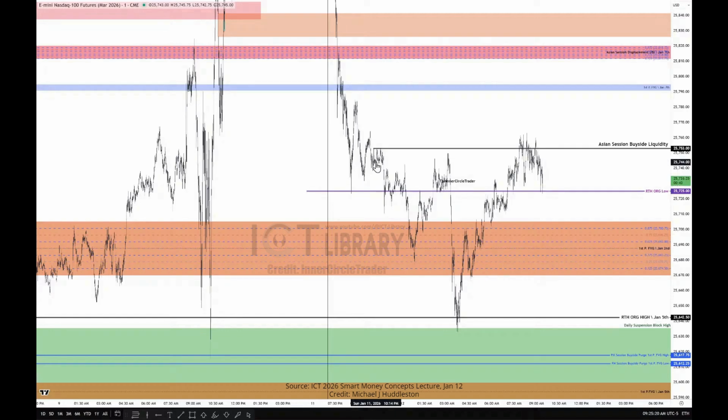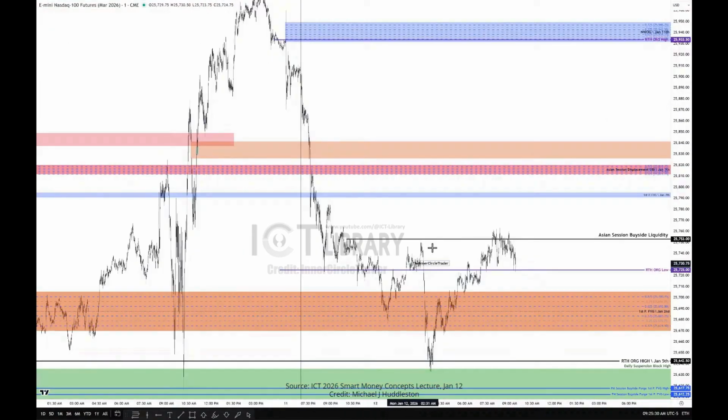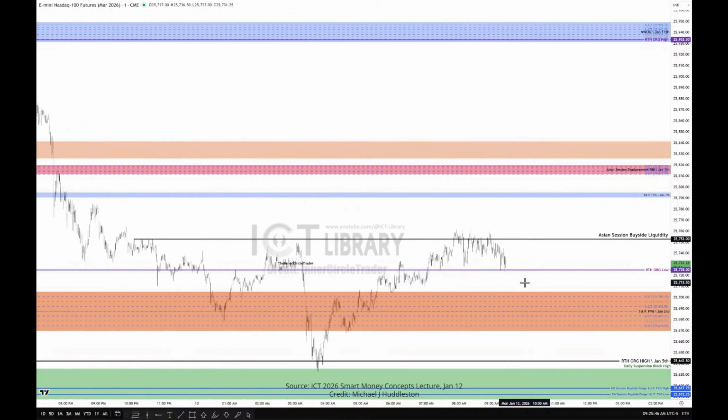And it's in the lower half of the range defined by 7 p.m. last night, start of Asia session, to 5 a.m. when they close. All this business dropping down, relative equal highs, start at 7 o'clock in the morning. It's going to run and upset that distribution of shorts. They're protecting that with their buy stops. So that's buy side liquidity.